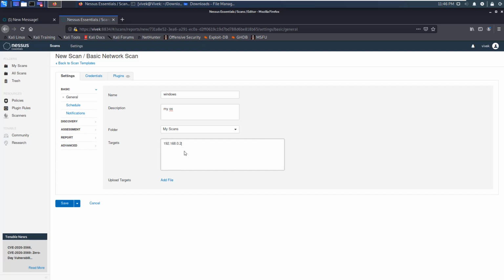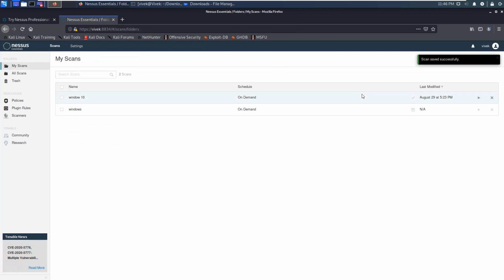This is my local IP, so I can put this IP as the target. Click on save. Now you can see Windows here. When you click on launch, Nessus will begin scanning the vulnerabilities present in that particular IP. This is how Nessus works.